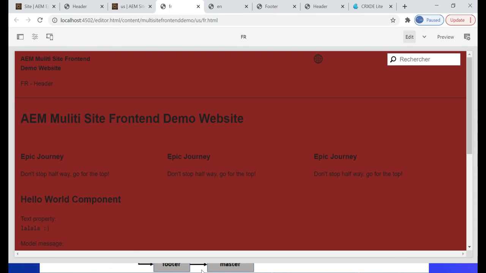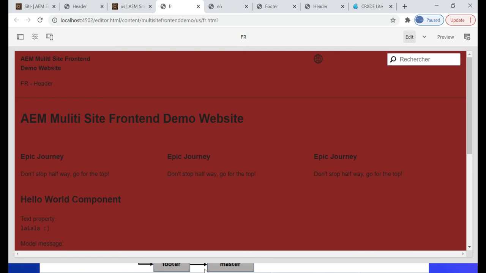Another constraint while reusing the editable template is site-specific style. In our case, the style or the client libraries are configured through template policy. Some of the time we may have the need to enable site-specific styles or theme for the websites that are built on the same editable templates. By default, editable template and the core components won't support different styles for the websites built on the same editable templates.